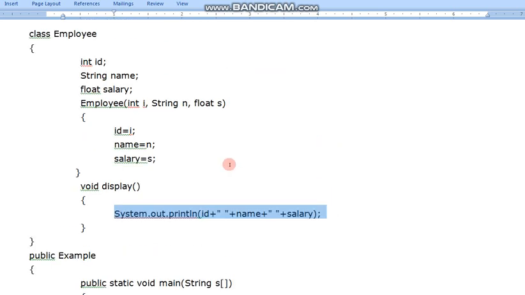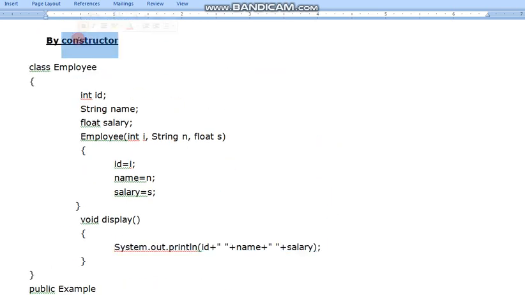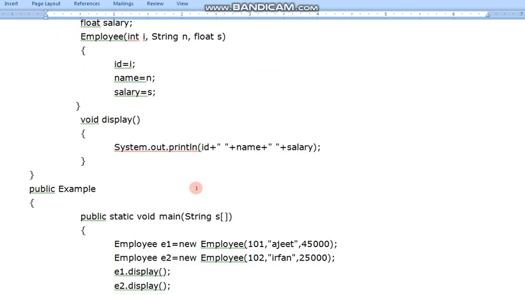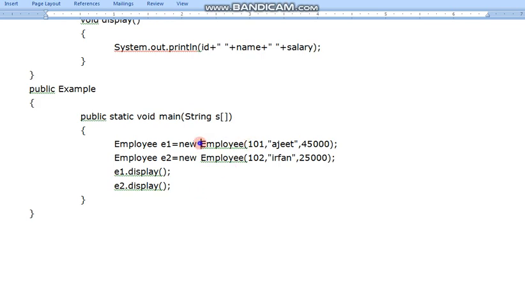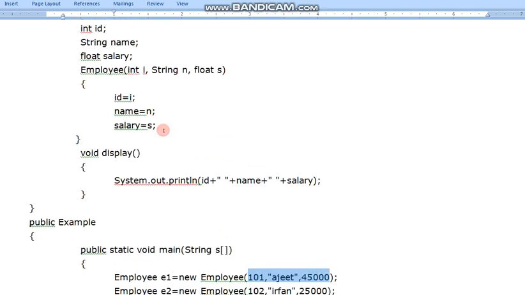Fine students. As our heading was by constructor, we need to implement it that way. So this is the constructor, and the constructor has arguments. Fine. As well as those values are getting passed to the